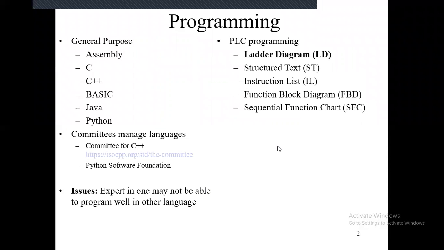And then we discussed the ladder, structured text, instruction list, FBDs, and sequential function charts. We will come to the rest, but the main one is the ladder diagram, because the smallest PLCs are equipped with the ladder diagram. They may not be able to provide you the other possible languages. So in PLC programming, what we have is